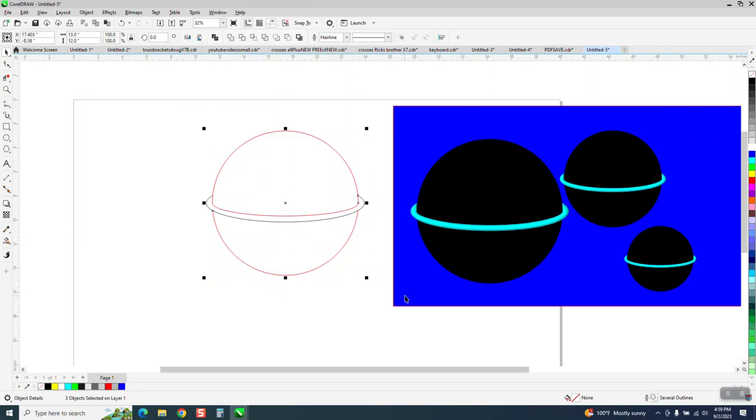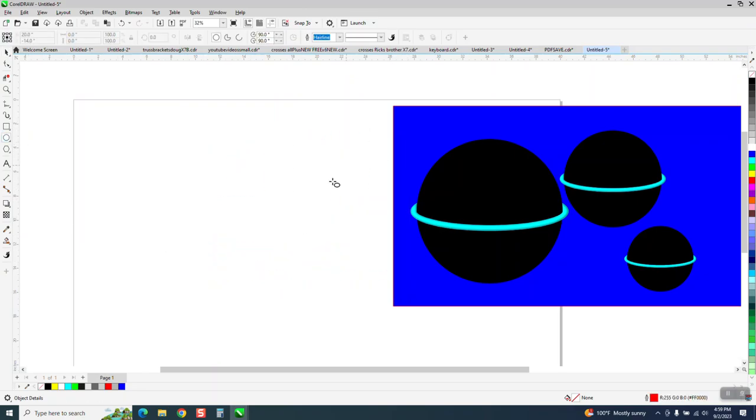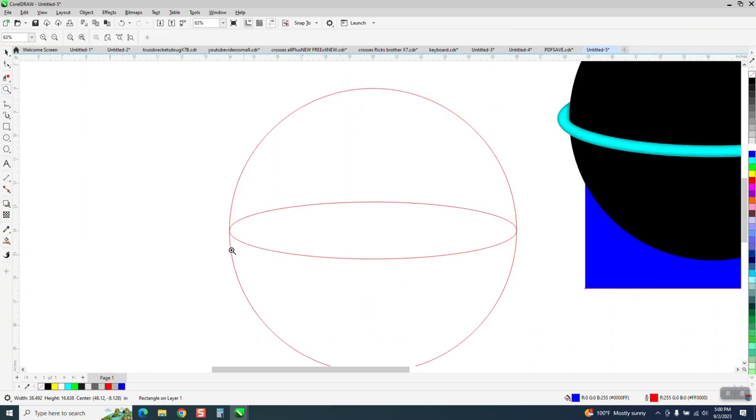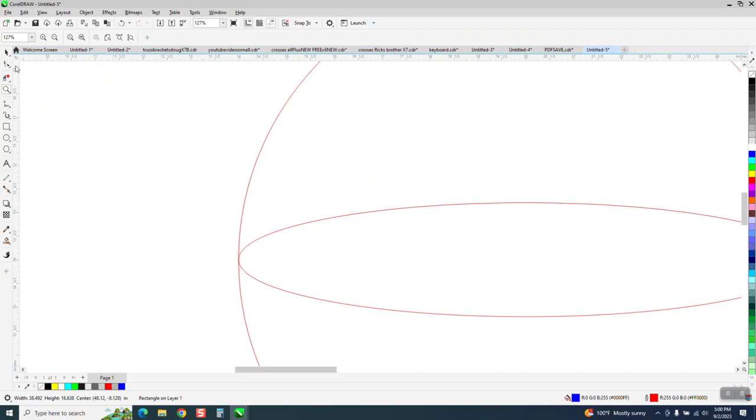So what we're going to do, we're going to just do this real quick. We're going to take, holding down the control button to get a perfect circle, I'm going to hit P, put it in the center of the page, which is pretty important. And then I'm going to take an ellipse and hit P. Now, I'm going to make this 12 inches. That put it to the inside. But now we want it to the outside. So we're going to grab our